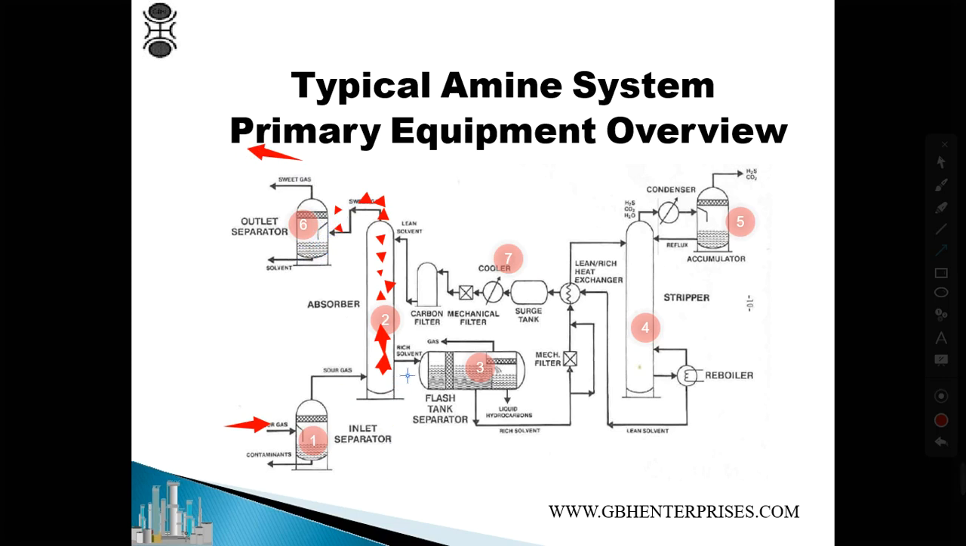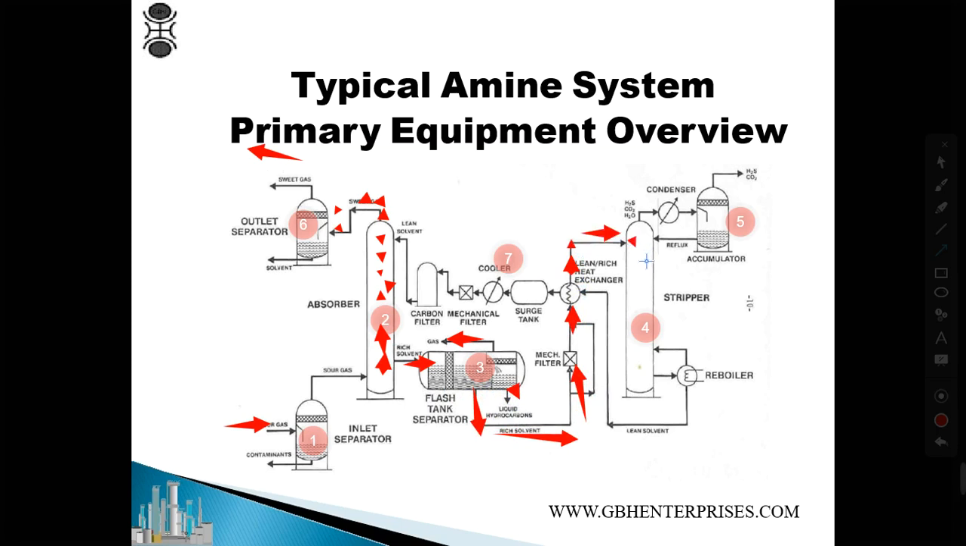Now the rich amine, which is now holding the H2S and CO2, goes in this flash tank. In the flash tank, again, we need it because if there are any hydrocarbons or gas particles, we remove them. If there's any liquid hydrocarbon, we remove it. So the gas again goes mixed with this one. If there is any liquid hydrocarbon, we manage it. And now the amine, which is rich, goes through